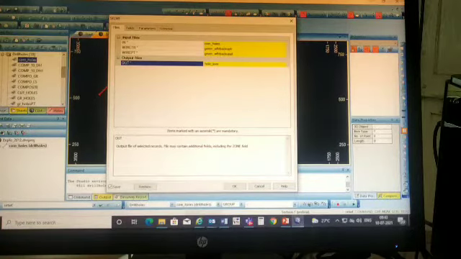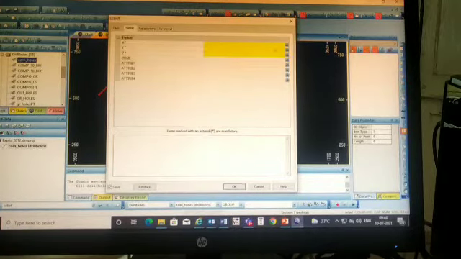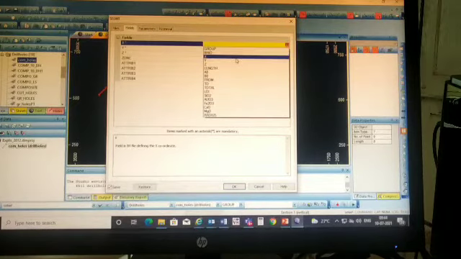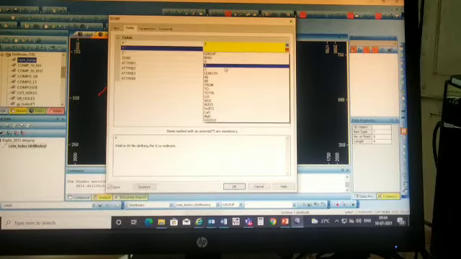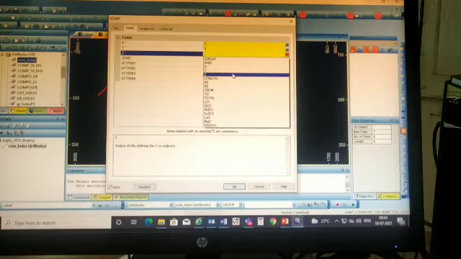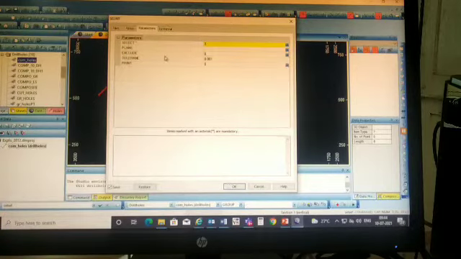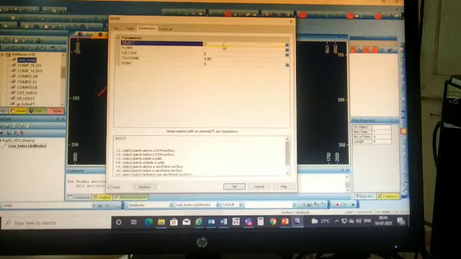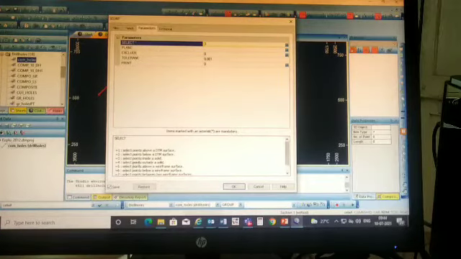Now we will go to fields. In field parameter, x will be x, y will be y, z will be z. Now go to parameter. In parameter, in select field we will take 4 for outside a solid.